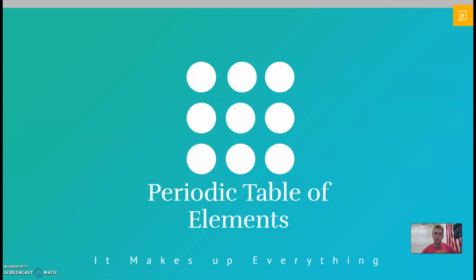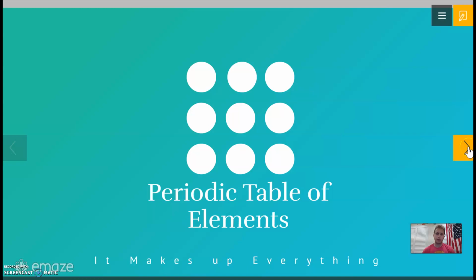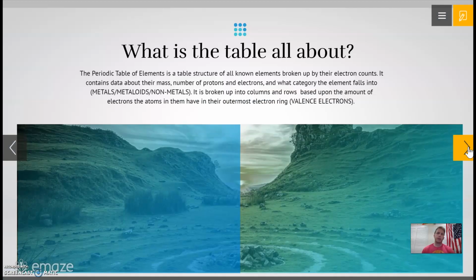All right, we're going to be learning about the periodic table of elements and its importance in chemistry. So first of all, what is the table all about? Well, the periodic table of elements is a structure in the form of a table that is every known element